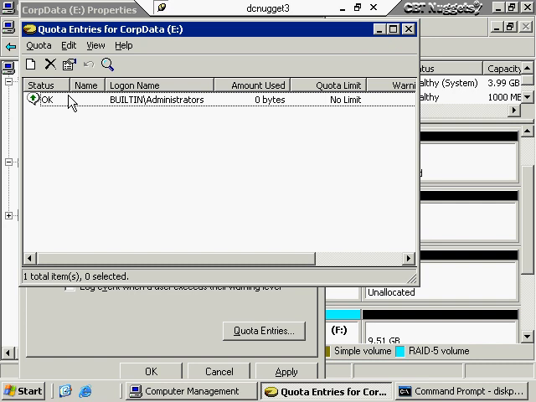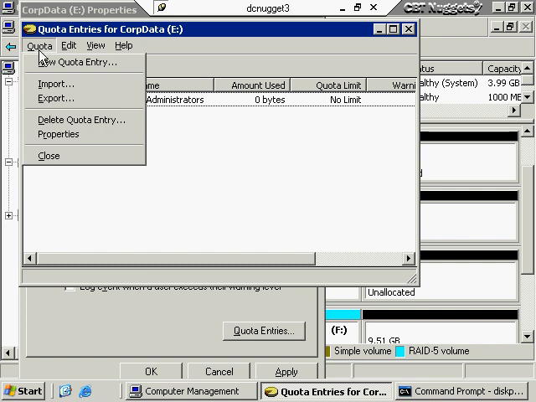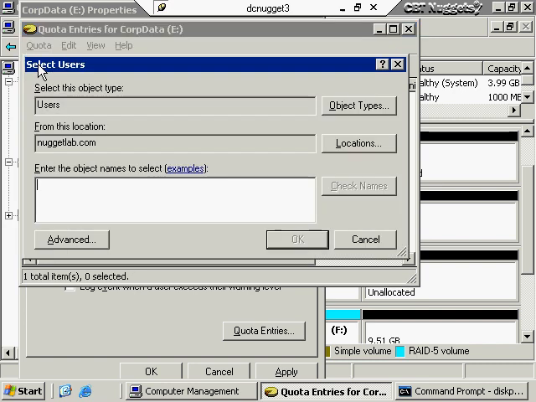Then I can set up a new quota entry here if I want as well, and this would be my exceptions list. This would be for people that I want to have less than 100 megabytes disk space utilization or more than 100 megabytes. In other words, anybody that's outside of the normal quota that I've already set up. I can do that by clicking Quota, New Quota Entry, or by clicking the little white square that you see